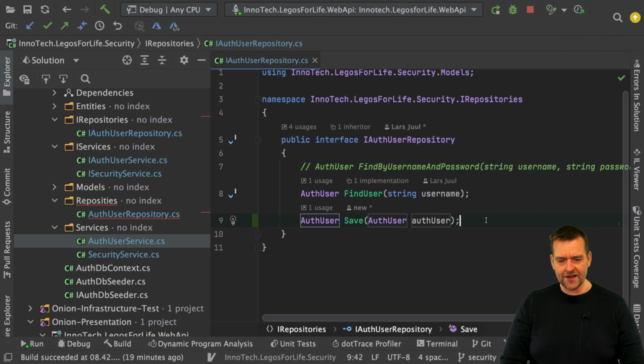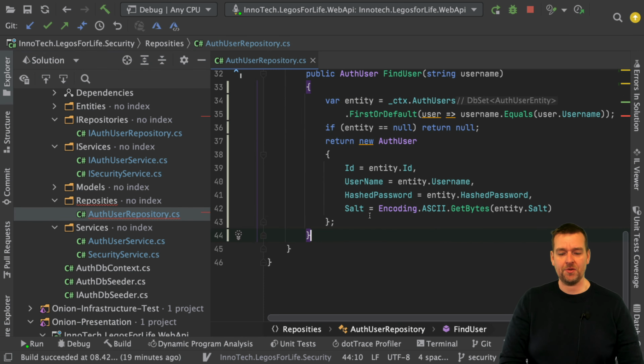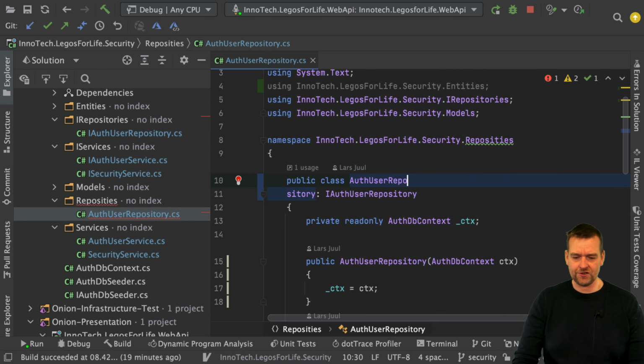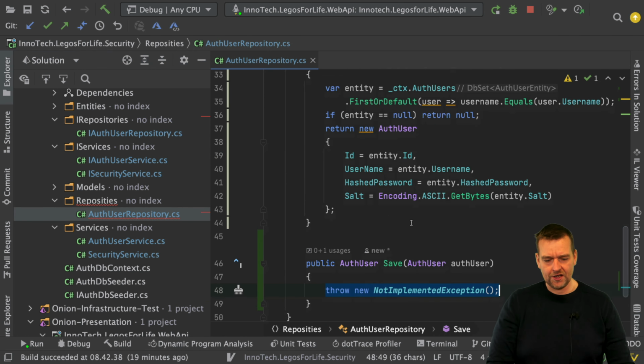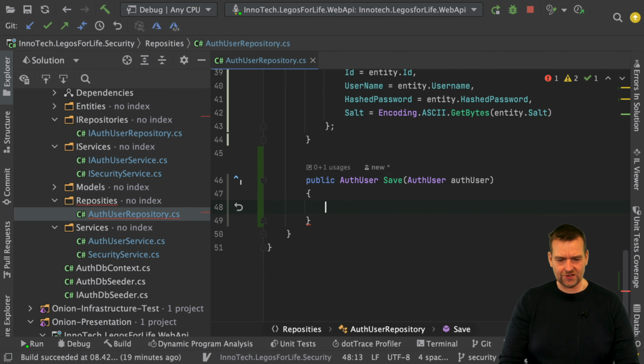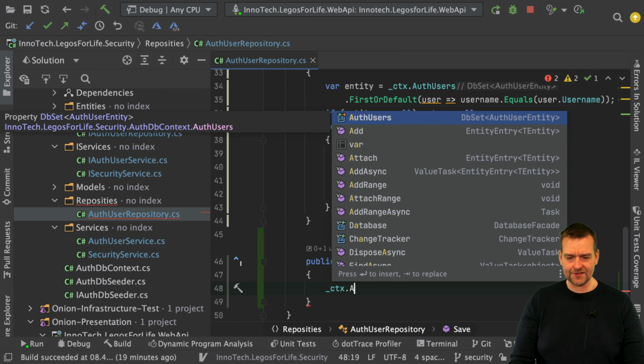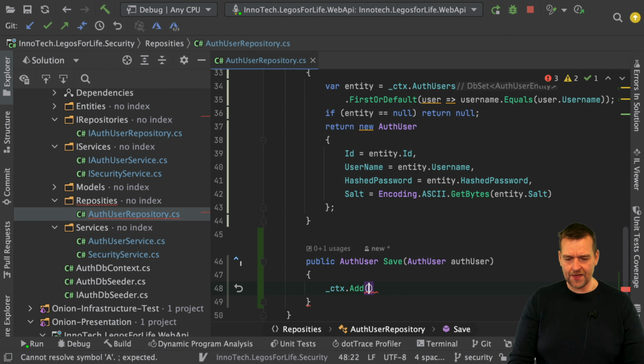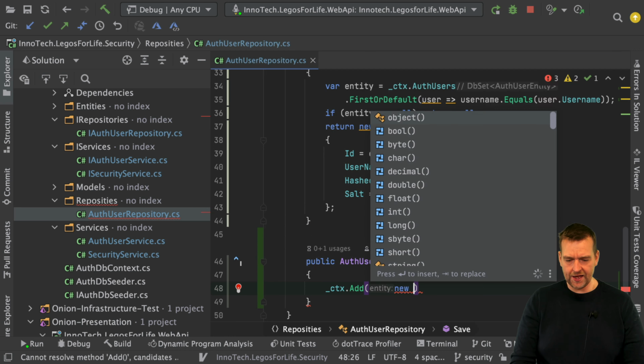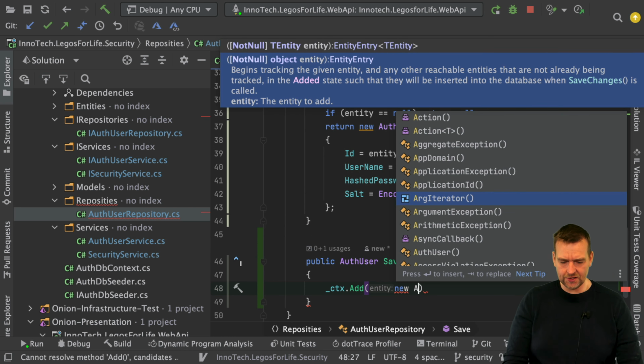There we go. And now in the auth user repository, we've implemented this, but we need to go down into the implementation class and implement it there as well by calling a couple of methods. There we go. And the first thing we want to do is just say, dear context, I want to add something. So we'll say context add like this, and there I want to add an AuthUser entity, right? So the AuthUser entity right here,